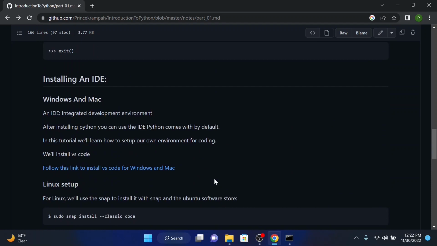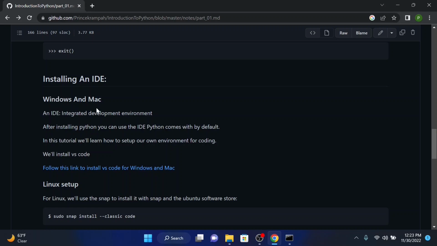The next thing we're going to do is install an IDE. An IDE stands for integrated development environment. I'm going to show how to install an IDE called VS Code, a text editor, or integrated development environment, provided by Microsoft, and you can use it on Linux, on MacBook, or on a Windows machine. I'm going to show you how to install this for Windows and MacBook. For Linux machines, we'll do that in just a second.